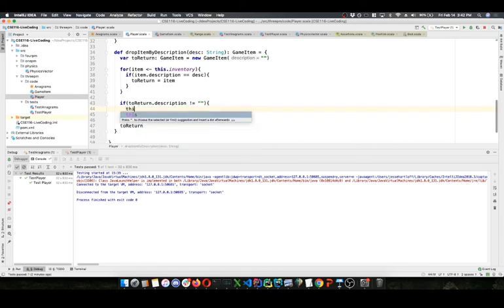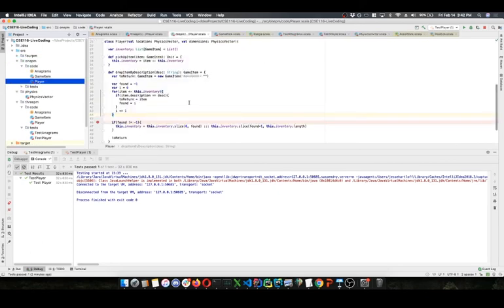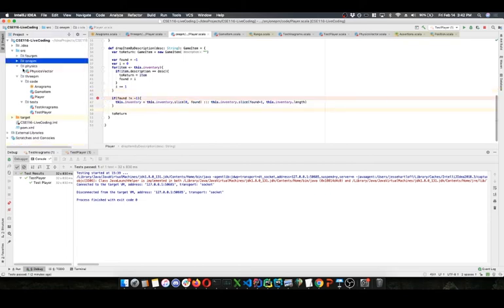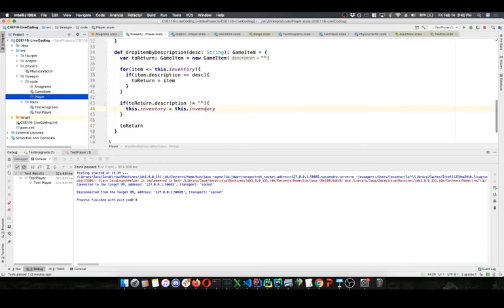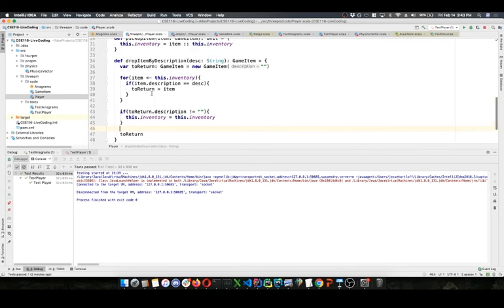You can do this. This dot inventory equals this dot inventory diff. I'm going to cheat. This is the gross way I did it in the morning lecture because I couldn't think of how to do it. So I almost made sure that I knew how to do it this time.